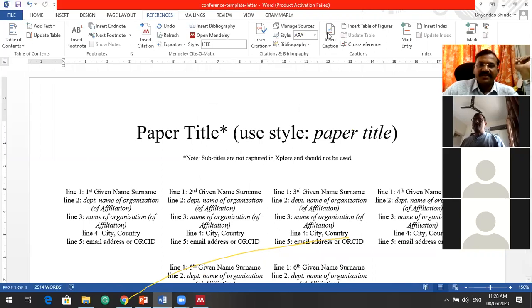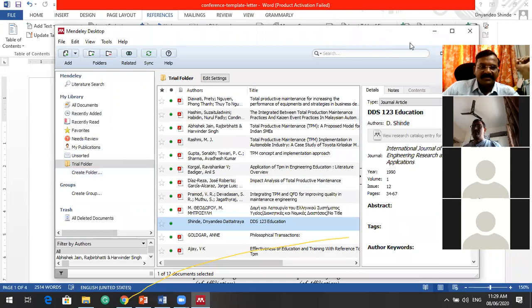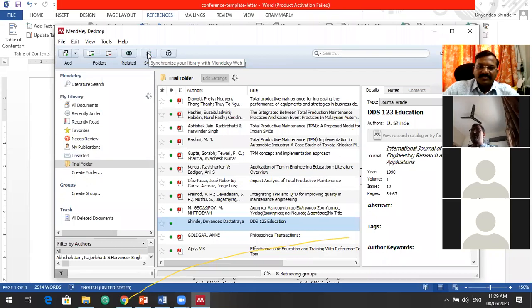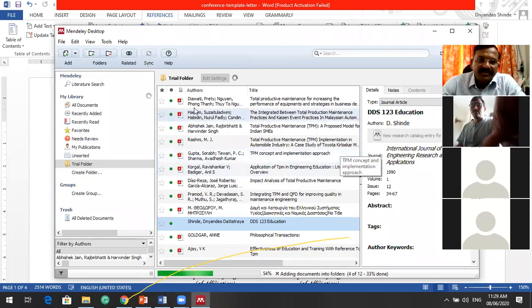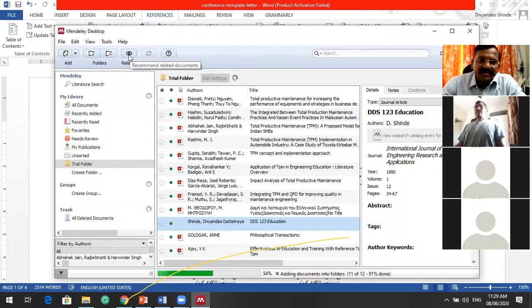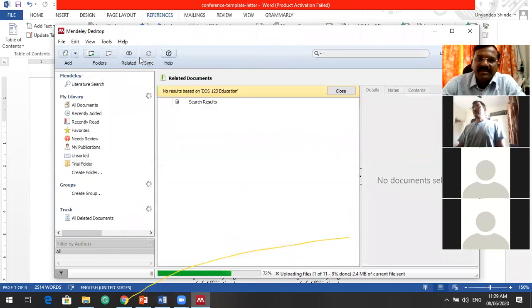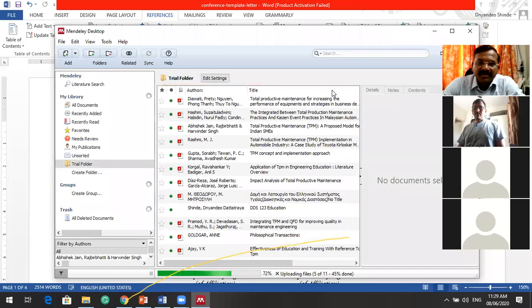Other software is also there, like Zotero. So whatever you want, you can use it. This was all regarding Mendeley. You can synchronize it, so it gets attached to your email, and then you can access it afterwards. You can read it anywhere, you can cite it, you can quote it, then you can search related things. Whatever is available in the Mendeley library, you can get the details in the search. So a ready-made database related to your topic may be available, and you will get it in this particular window.